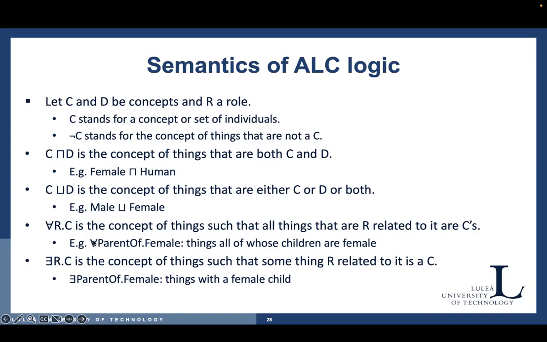So if we have for all parent of female, we have the things, and those things are parents, and their children are female. It's not like for all in the previous case.